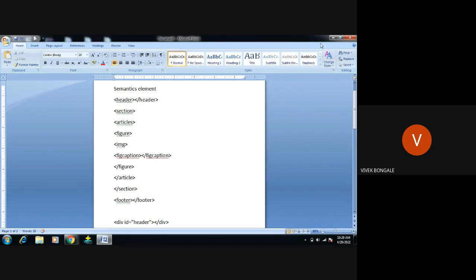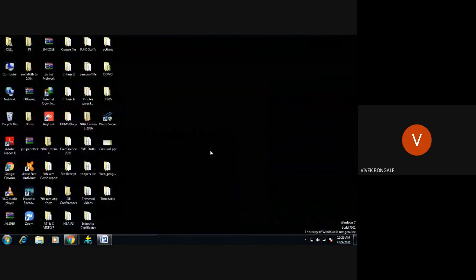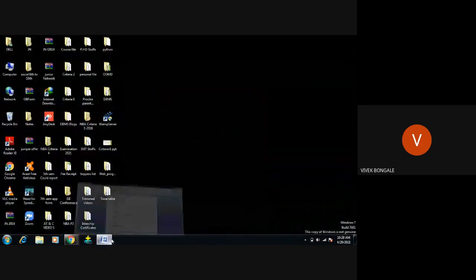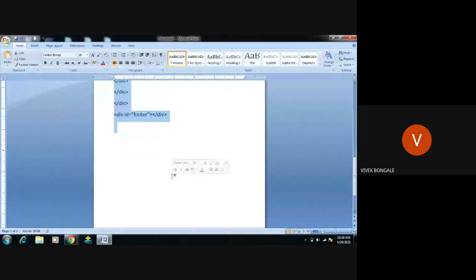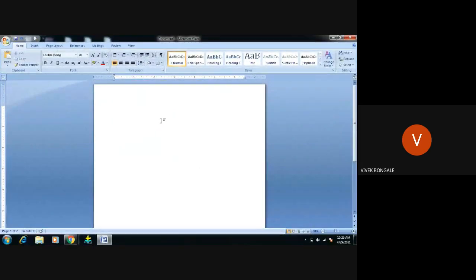Here in semantic elements, again, we are using HTML5 syntax. HTML5 means, as I said, all those parameters we are using to create any HTML programming, right? So in the last class, I discussed header, head group, and footer. We already explained that part, right?